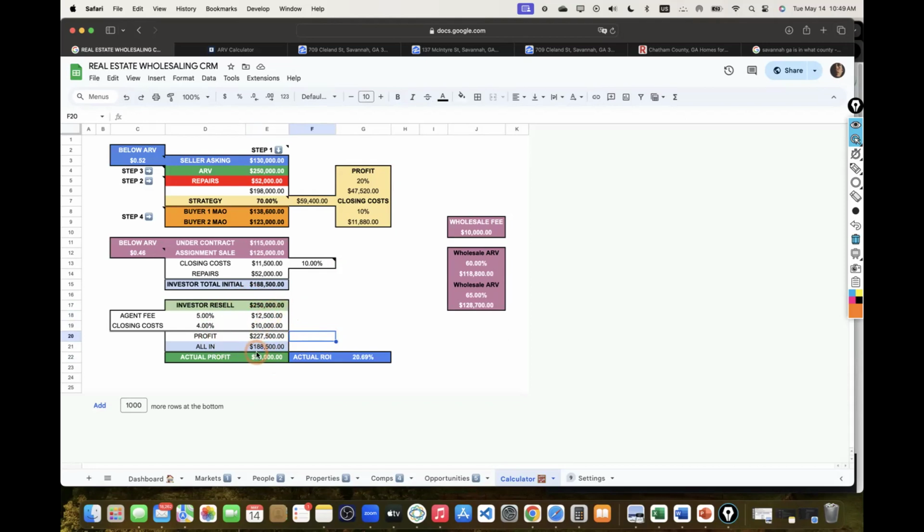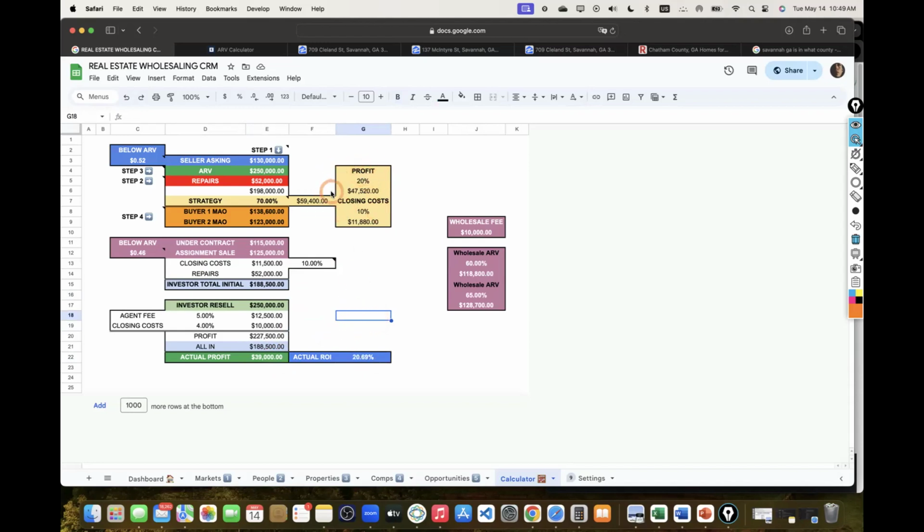It's a plus or minus game because the property can sell for more. The repairs could be less as well. If we can drive this price down, for our sake as well, then that's even better. But so far, our investor can definitely make a deal. It's just, let's see if they're satisfied with that $39,000 price point or an ROI of 20%, which should be perfectly fine.